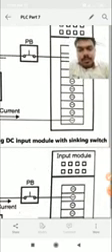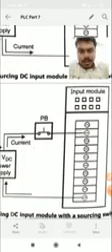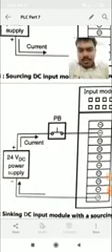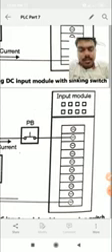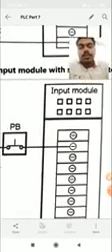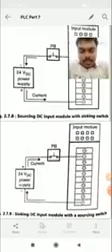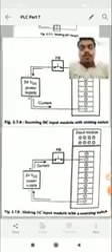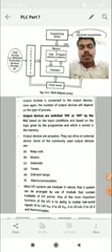This is the NPN type. And the next one is where the push button acts as a source and the input module acts as a sink. So PNP transistors are open collector current sources interfacing with a sinking input module. In this case the input module acts as a sink. So these were some important points. Remember all these points and revise them, because they are important in terms of your exams also.